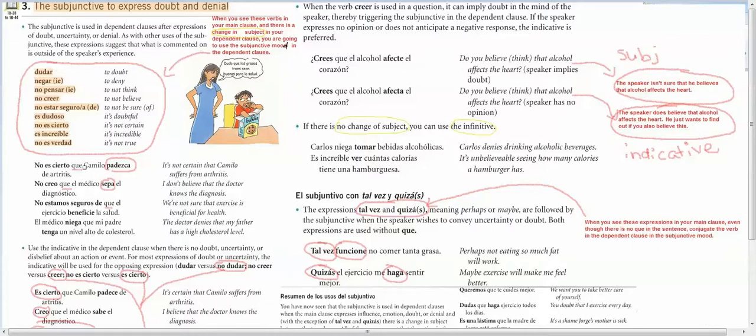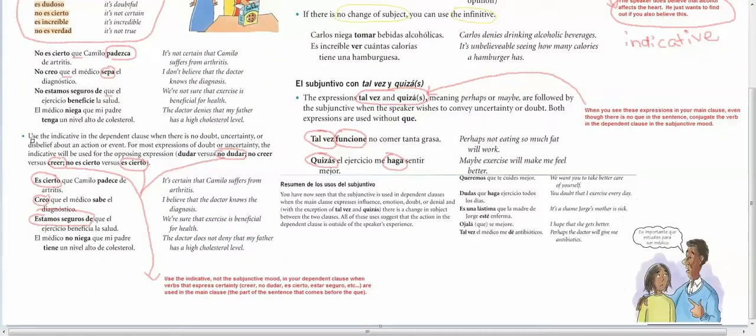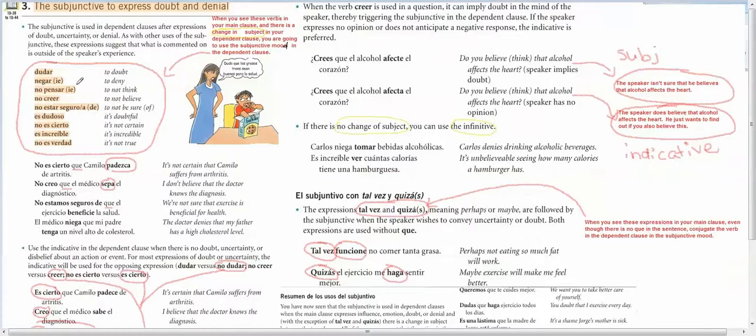So then there's Camilo, we're going to put it in the subjunctive. No creo que el médico sepa el diagnóstico. You've got no creo. And so in your dependent clause, you've got the subjunctive, okay? You use the indicative in the dependent clause when there is no doubt, uncertainty, or disbelief. So these guys would use the,